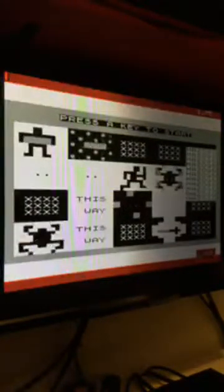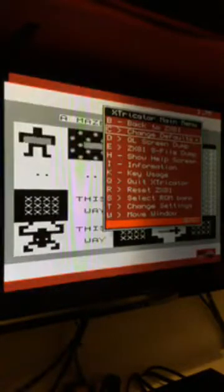The difference of the ZX81 emulator compared to the Spec one is that the Spec one memorized the subdir, so it can load the file directly every time I run it. The ZX81 emulator does not. I have to set the subdir where the files are every time, and now it works, as you can see. This is Mazox. Another great thing that this simulator has, that now is very fast, so we need to absolutely set